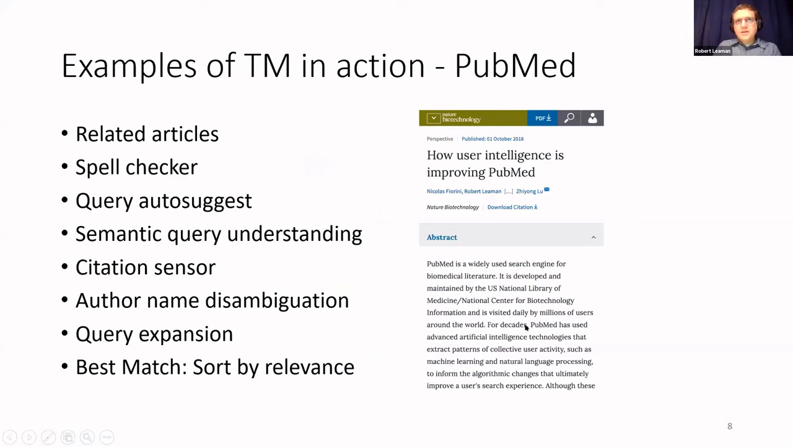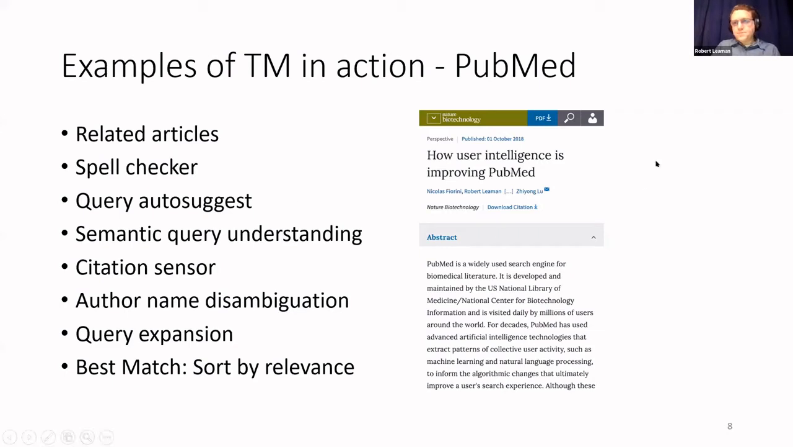Perhaps a little less obvious example of text mining in action is PubMed itself. PubMed has incorporated through the years many different aspects of text mining. One of its most popular features is the related articles feature, allowing readers who are looking at a paper to find articles that are closely related. Also, many other aspects related to identifying queries and